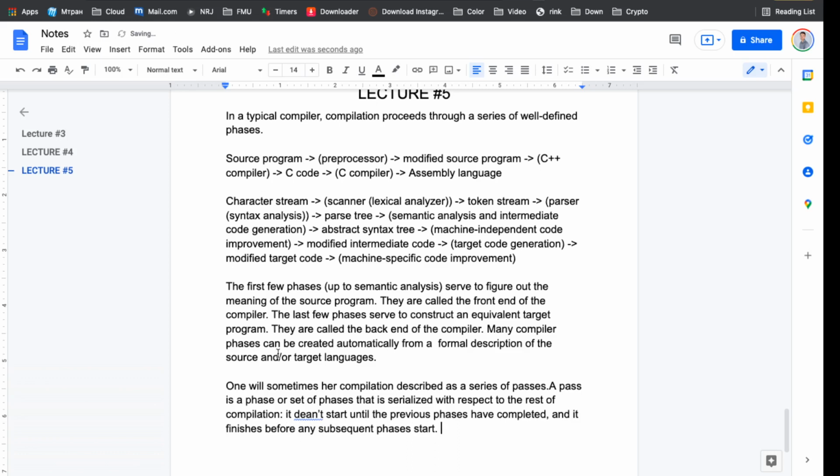So in other words, if we're trying to break down the character stream into tokens, that has to be done first. I have to have a complete pass here before I would try to create a parse tree. I cannot, for example, convert half of the code into tokens and then create a parse tree based on that. I have to translate the whole thing into tokens, then the whole thing to parse trees,